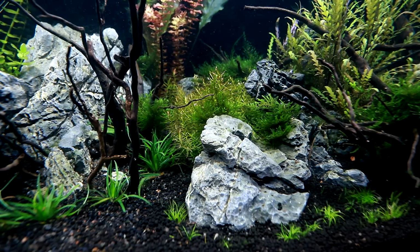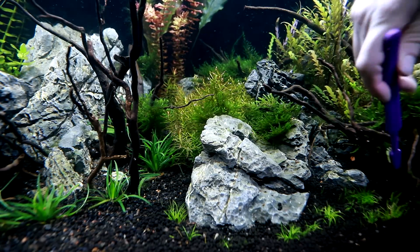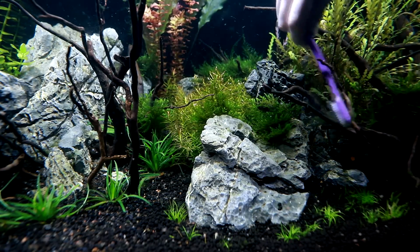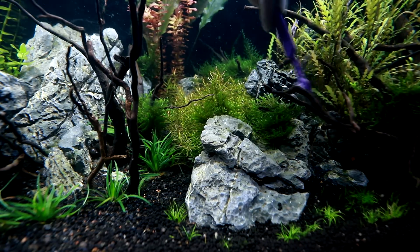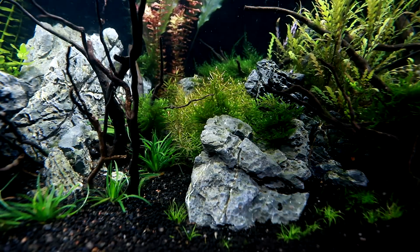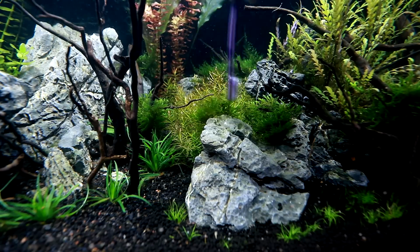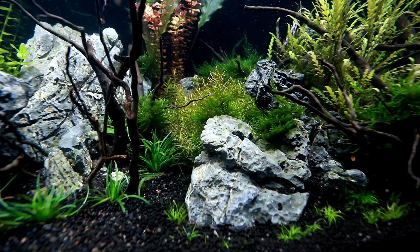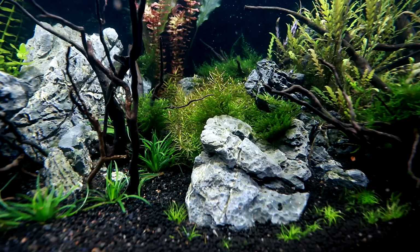Now, this tank right here does have shrimp inhabitants in it, and it is set up specifically for those shrimp. We have Caridina shrimp that are in here. The shadow pandas and the blue bolts are in here doing their thing. And those will probably come up in a later video, but I just wanted to hit on a note that there are shrimp in here doing some cleaning and stuff, but